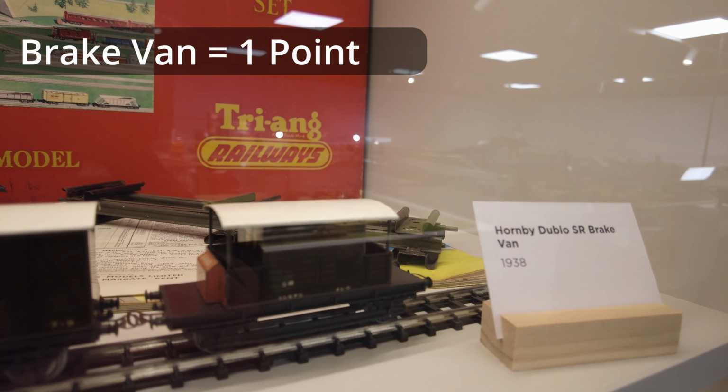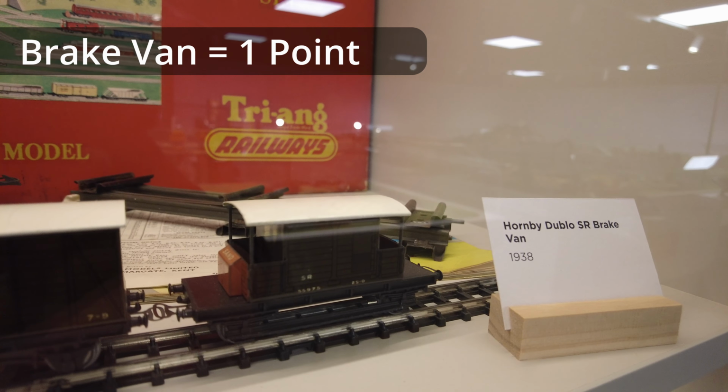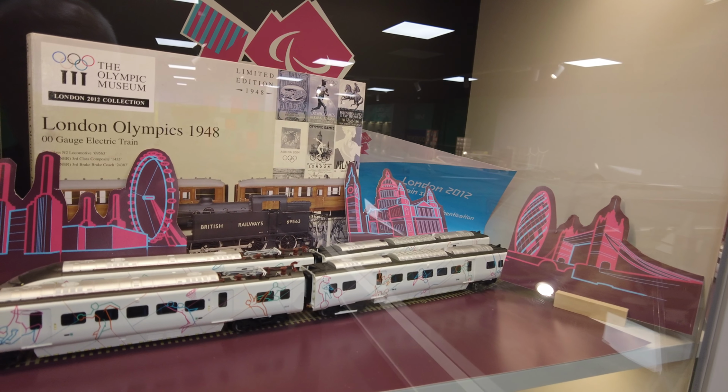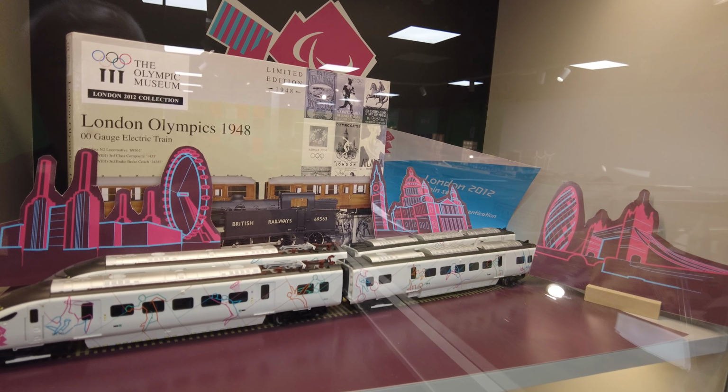And finally, a brake van. Do you have a brake van in your collection? Give yourself 1 point. Well, we have the Javelin set here from the 2012 Olympics, and also over the back there,